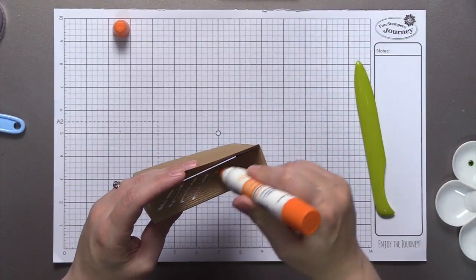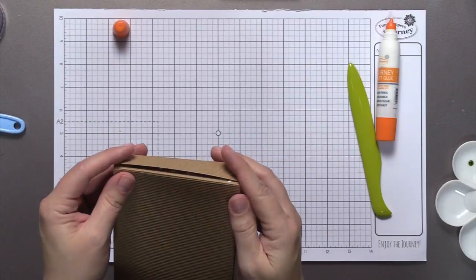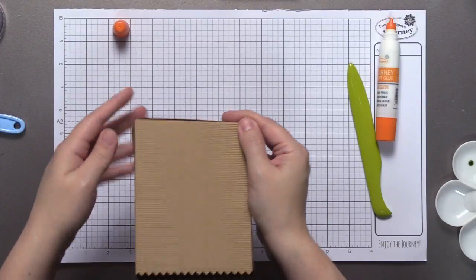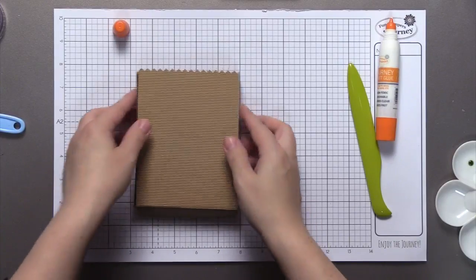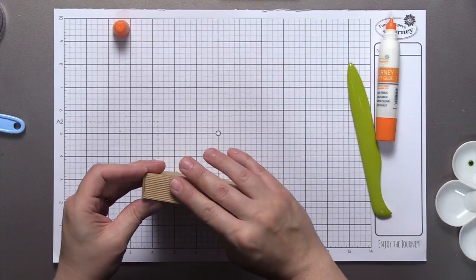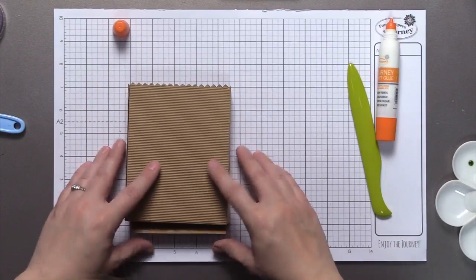All right, we're gonna go ahead and glue up the bottom of this. And we're going to hope that that holds, since I'm not holding it as long as I normally would. Oh, kind of pushed that in funny. Okay, so the next thing we want to do, I'm going to have to hold on to that, is we're